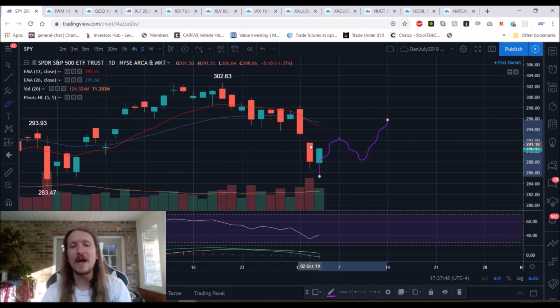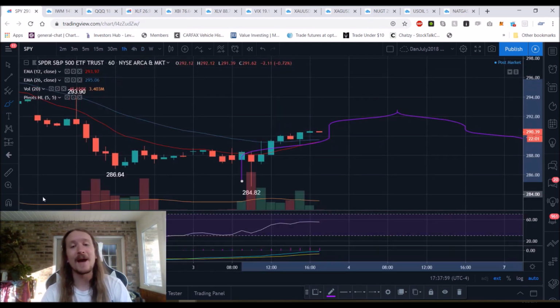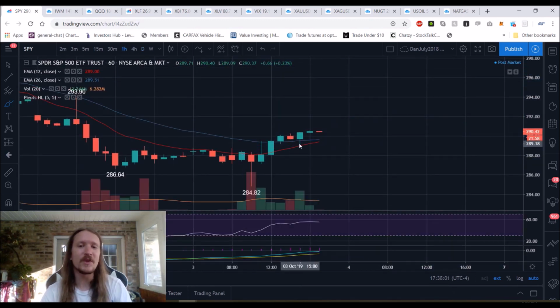Short-term resistance is 291.51. After that is a gap at 293. And the question is, how long can the bulls keep the uptrend in their favor? Best case for the bulls, keep the hourly uptrend. Best case for the bulls is hold 289.09 all day tomorrow to leave no doubt that the bulls are keeping their strength. If we break that level, then we have to start being a little bit cautious,